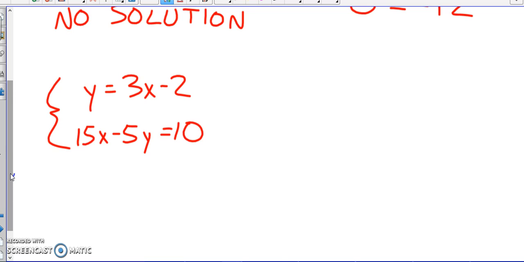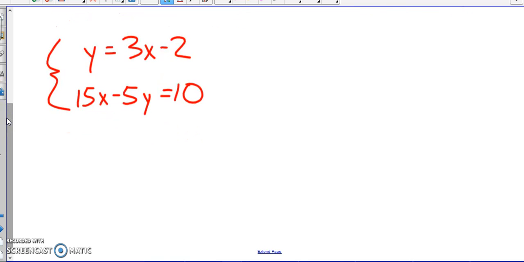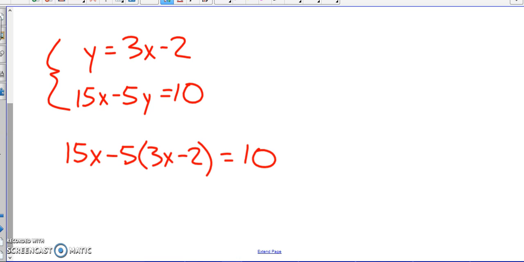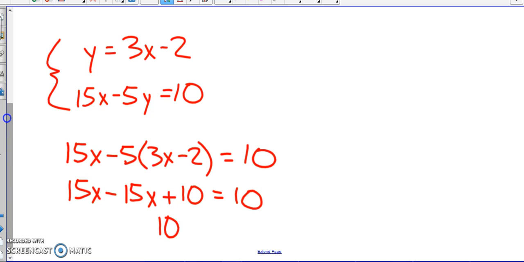Hey, you substitution fans, that would be my recommendation for this one. I wonder why. Since y is already solved for, I can plug it in here. So 15x minus 5 times 3x